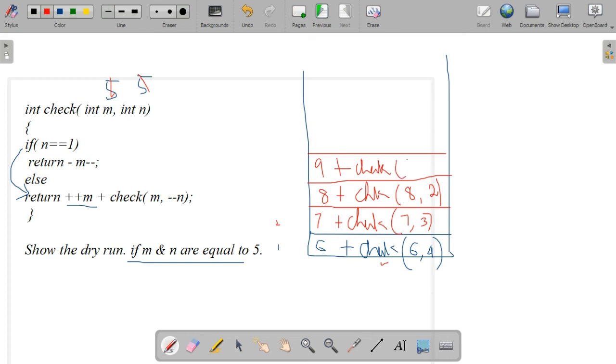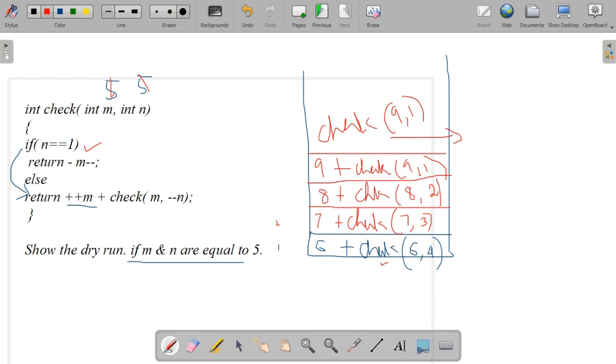So 9 plus check of 9, comma 1. So here check of 9, comma 1, is it? Again one more frame is added, 9, comma 1, and we know n equal to 1, that is a base case. It reached the base case, return minus m minus.